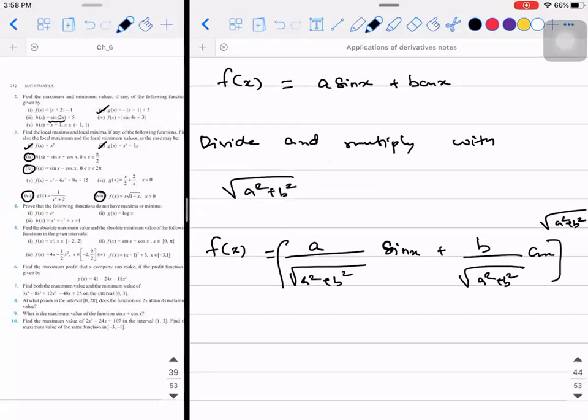Then what will happen is, you can observe this can be written in terms of sine or cos, and this can be written in terms of sine or cos, so that you can use the formula sin a plus b or sin a minus b or cos a plus b or cos a minus b and convert it as a single form. So I will only share this idea. This idea I will directly apply in this problem and show it to you.